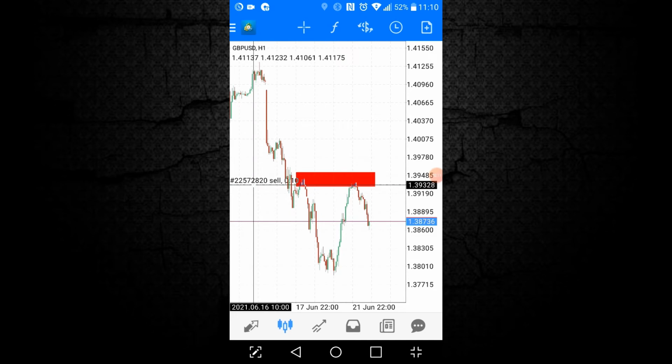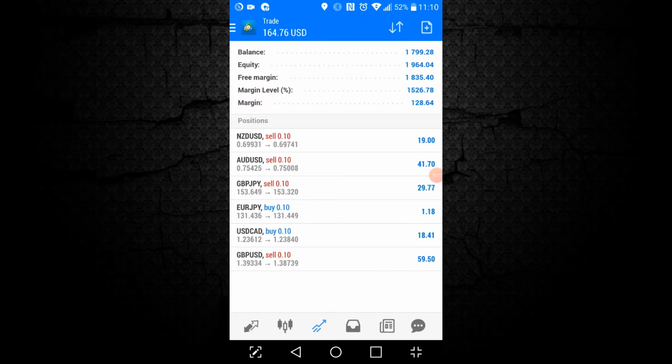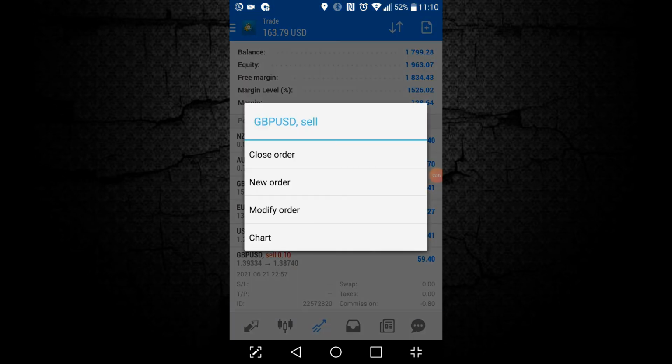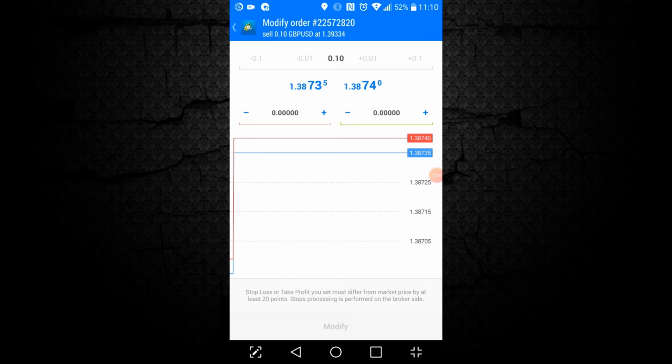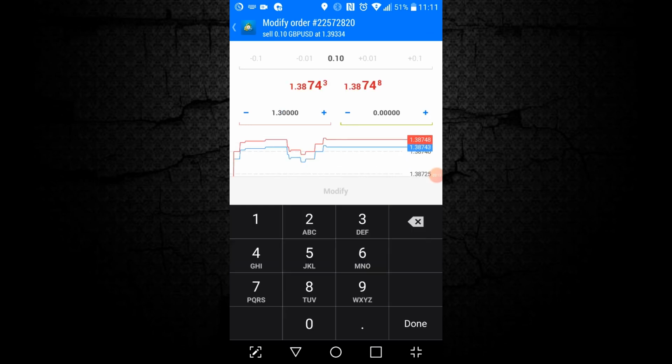I'm just going to put my stop loss below the price where I sold. So I sold GBP USD around 1.39335. So I'm just gonna put my stop loss below that, which is let's just say 1.39300. So to do that I go to trade and then I select the trade. So this is the trade that I want to edit. So you just hold down on it and then say modify order, and then you go to the stop loss. So I want to put my stop loss at 1.39300. So I'm just gonna click modify,